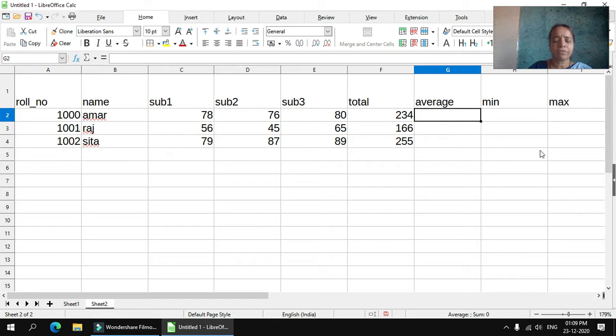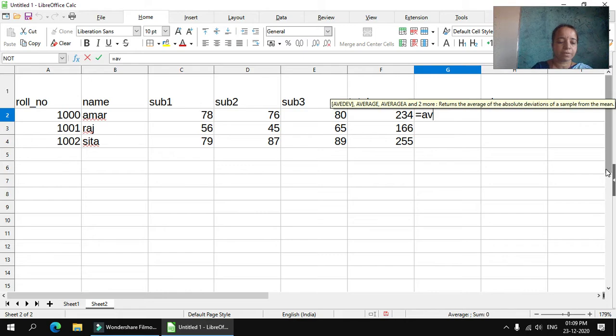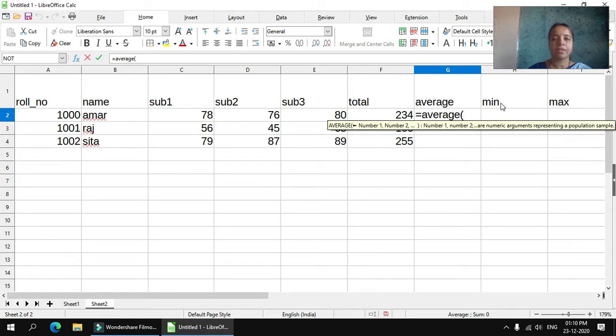Now average of marks. For that, the average function is also available, or you can type the formula manually, the total divided by 3, that is also valid.